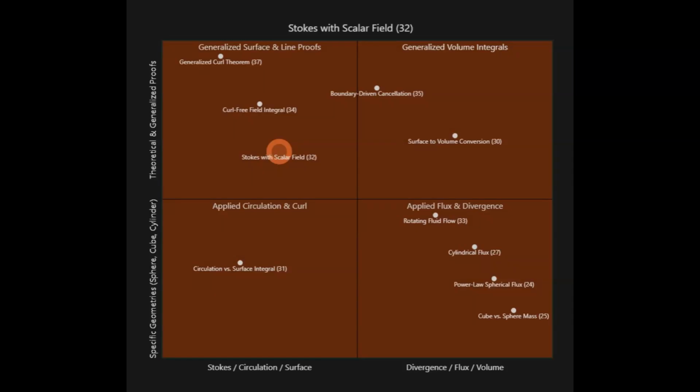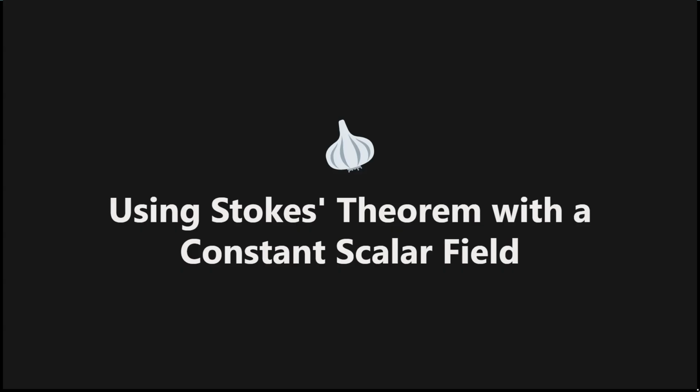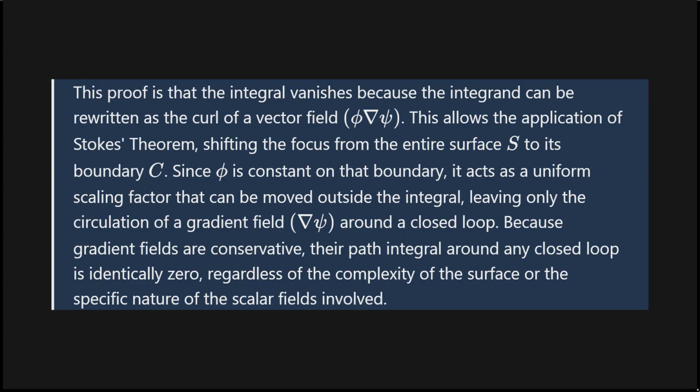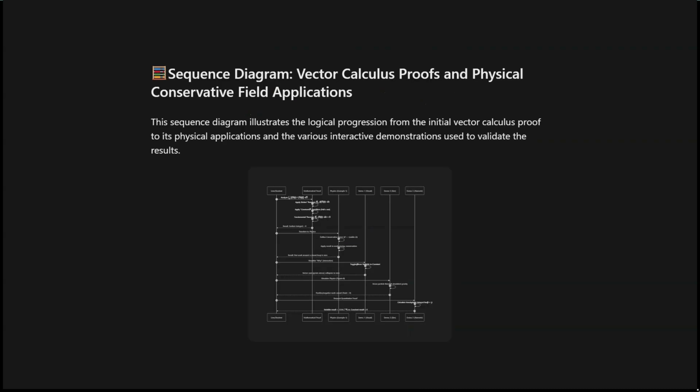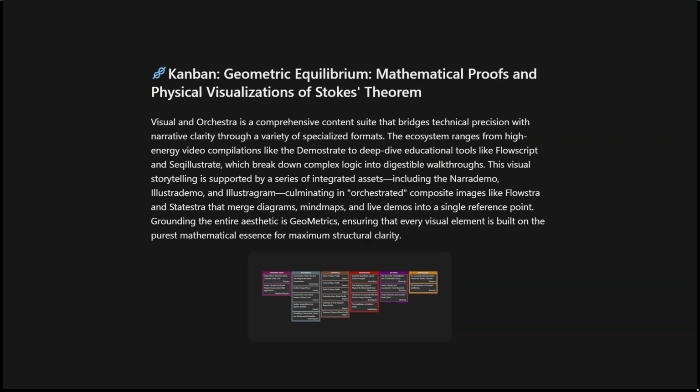The architecture of silence. How uniformity breeds equilibrium. In the grand design of the physical world, there is a hidden law that ensures stability. Where there is perfect constancy at the edges, there is total balance within. This principle reveals that complexity, no matter how swirling or intricate, collapses into a peaceful zero when governed by a